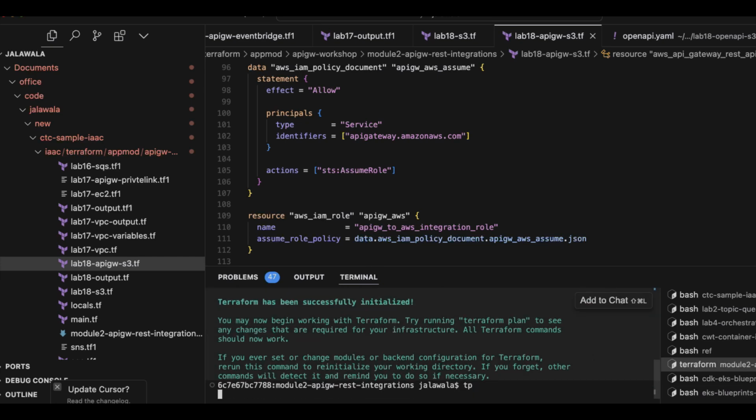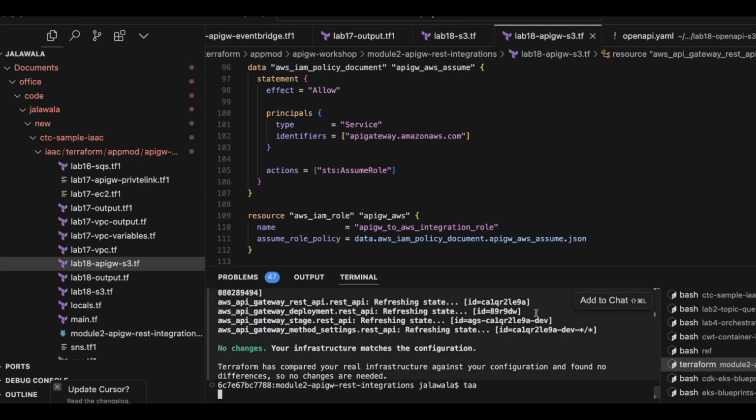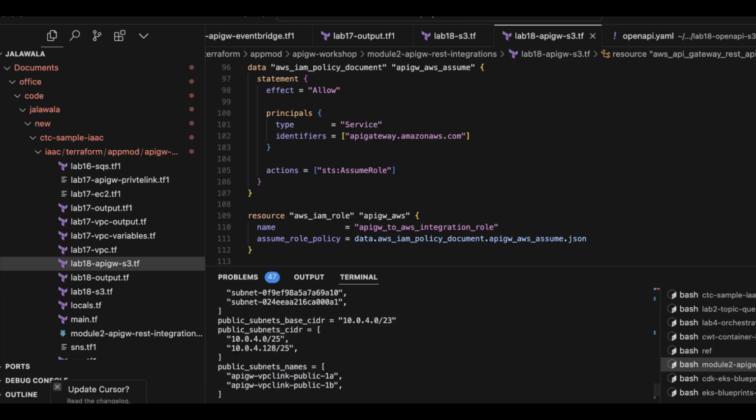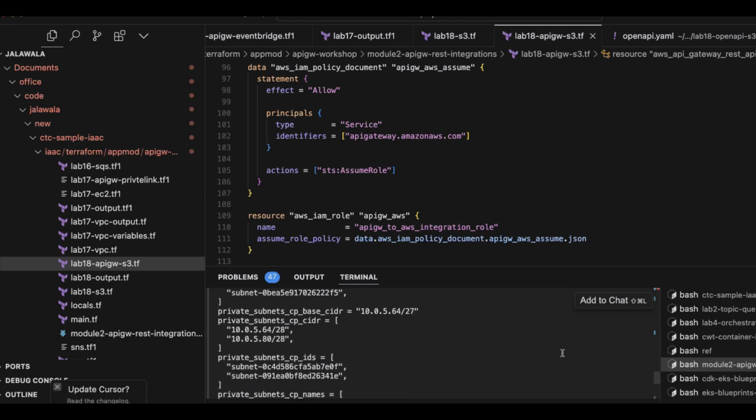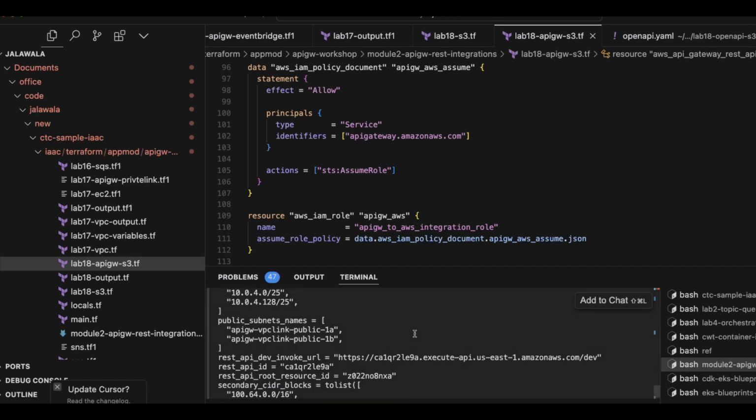Let's do Terraform plan and Terraform auto apply. Okay, so we have the output from the Terraform apply. Now let us go to the console and check how the resources are created. Okay,